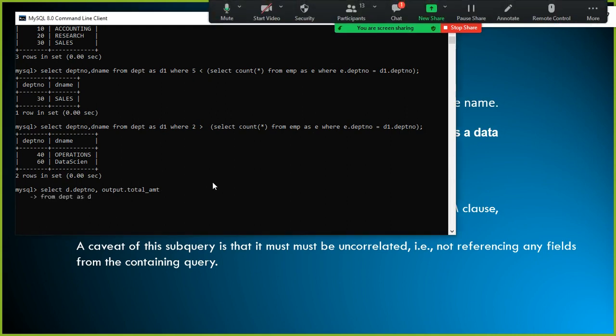From depart as D, comma, see, in the from clause itself I'm using a query here. Select E dot depart number, comma, sum of E dot sal, I call this total amount, from EMP as E, because I used an alias E.